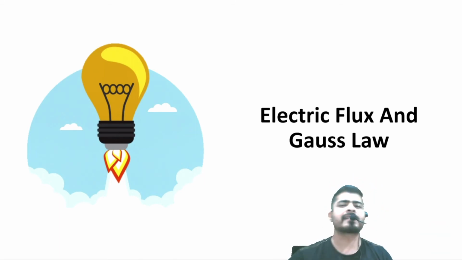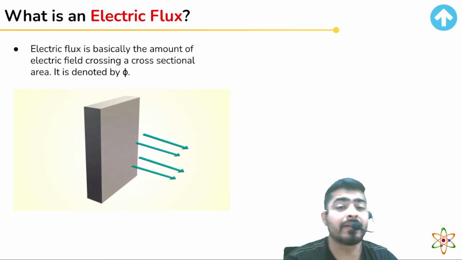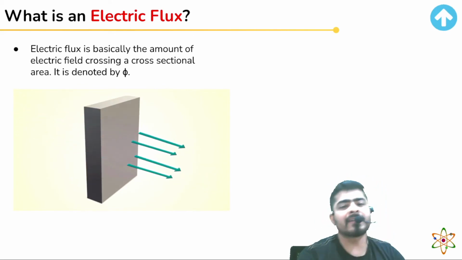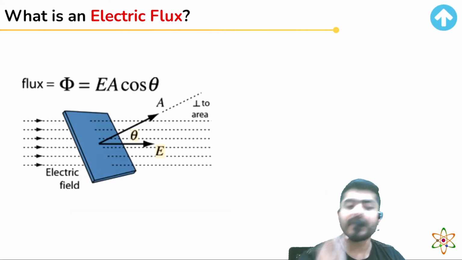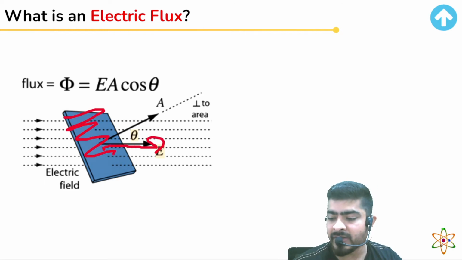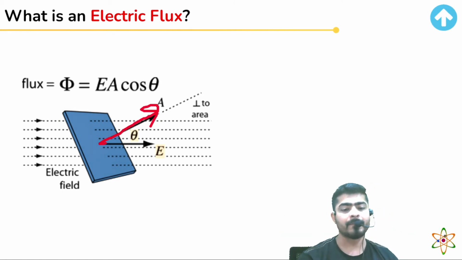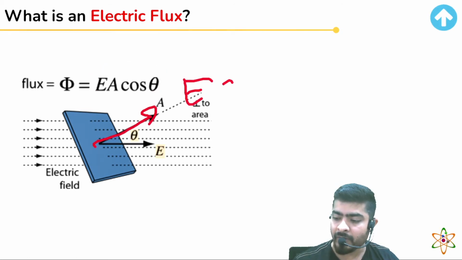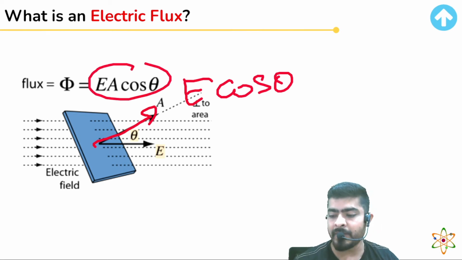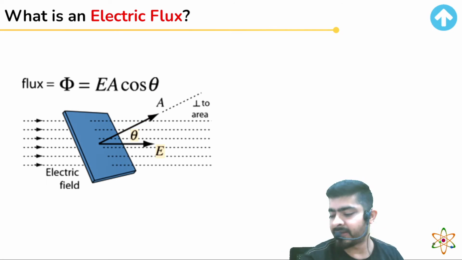All of you know what is electric flux and what is Gauss law, but we will revise some important topics. So first of all, what is electric flux? When electric field is crossing any surface, then flux is created through that surface. How do we calculate the flux? Suppose this is your electric field, and this is your surface. So find the component of electric field perpendicular to the surface. Then multiply with area. So this component is what? E cos theta. And when you multiply with area, you get EA cos theta, simple. That's all you have to do in case of electric flux.